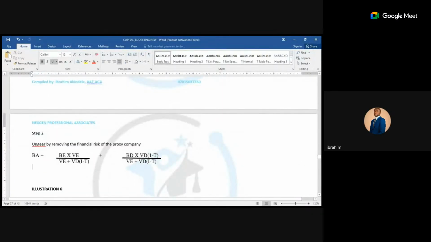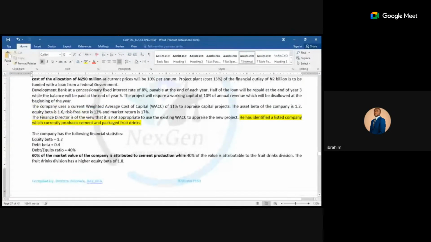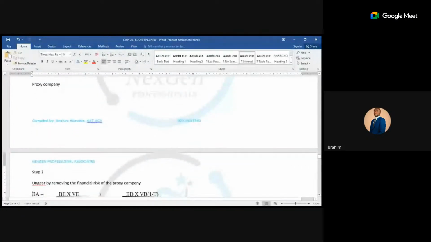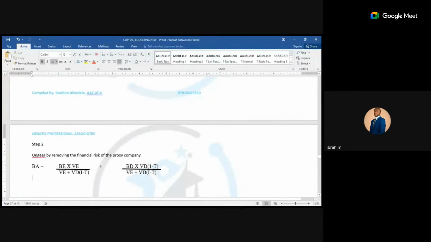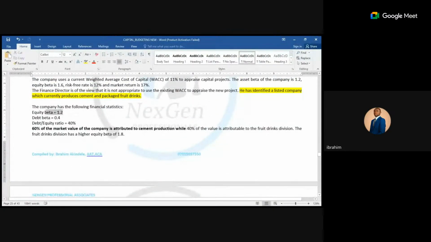So if you want to determine the asset beta, right? How do we determine the asset beta? Is it asset beta or equity beta? Sorry. Now, ideally, we're supposed to bring this equity beta and say, equity beta, beta debt, and we move on. Is that not so? But because